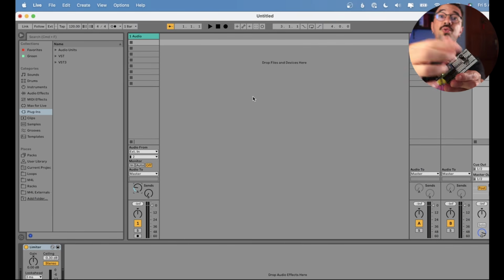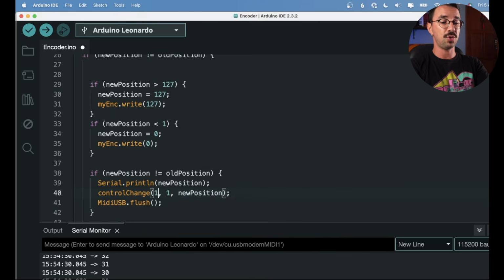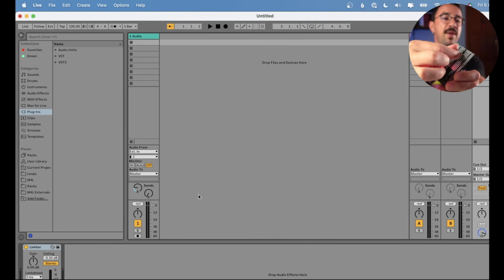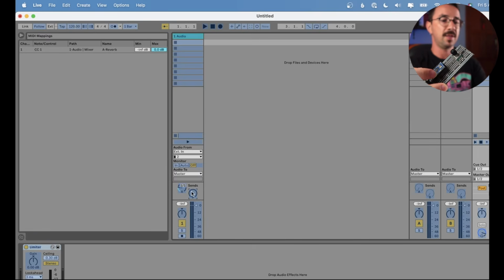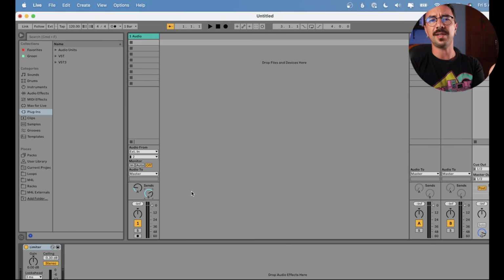So how would you use this with different banks? You just need to change the MIDI channel of this encoder. So let's change it in the code. Here, instead of channel 0, let's change to channel 1. Okay, so now if I move, nothing happens because it's not mapped yet. So let's map this second knob. And you can see that now it doesn't skip the value. You can actually see perfectly how it works, because we don't have a button or something to change channels.